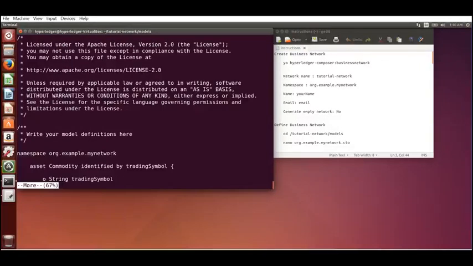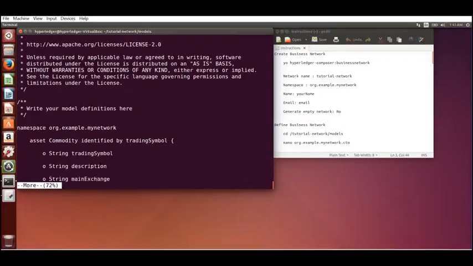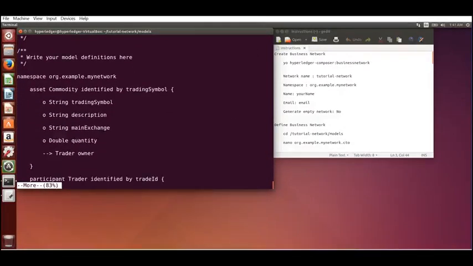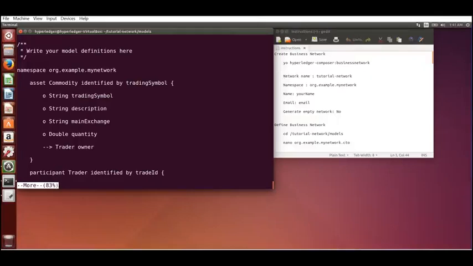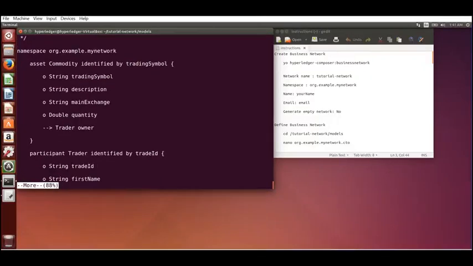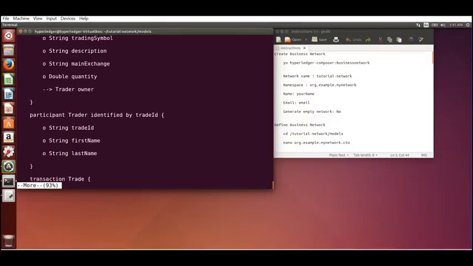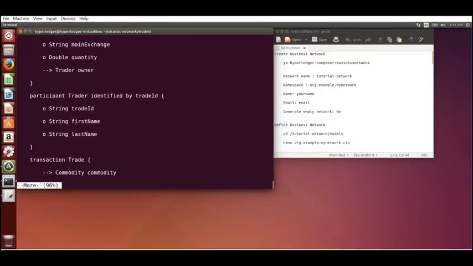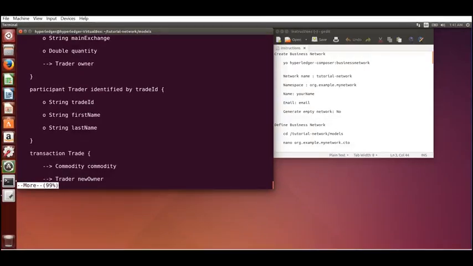So there is an asset, which is a commodity, because this is a business network for commodity trading. It also has a trader who's the owner, identified by the ID, first name, and last name, and the transaction where the commodity is transferred to a new owner.